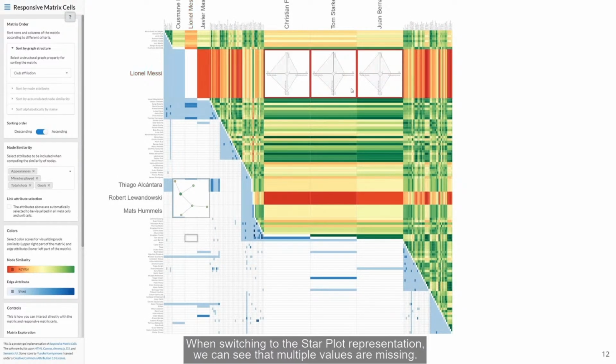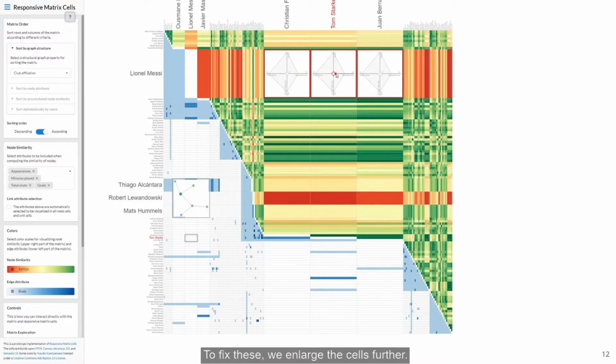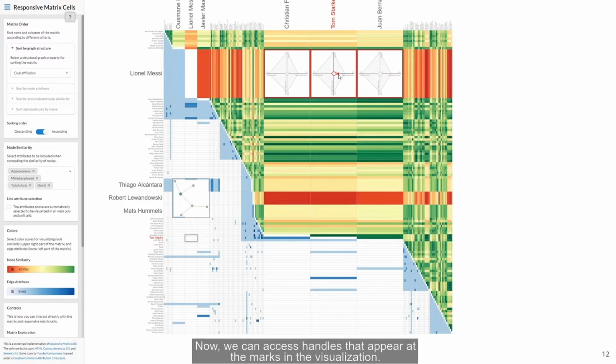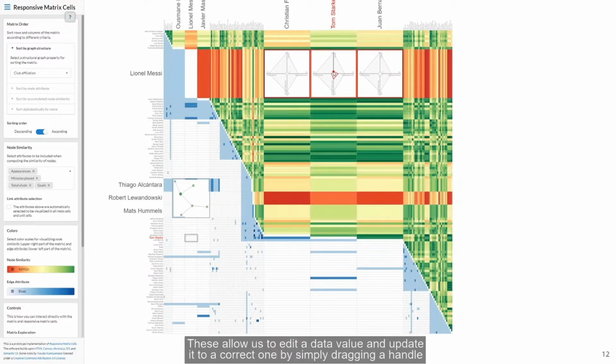When switching to the star plot representation, we can see that multiple values are missing. To fix these, we enlarge the cells further. Now, we can access handles that appear at the marks in the visualization. These allow us to edit the data value and update it to the correct one by simply dragging a handle or